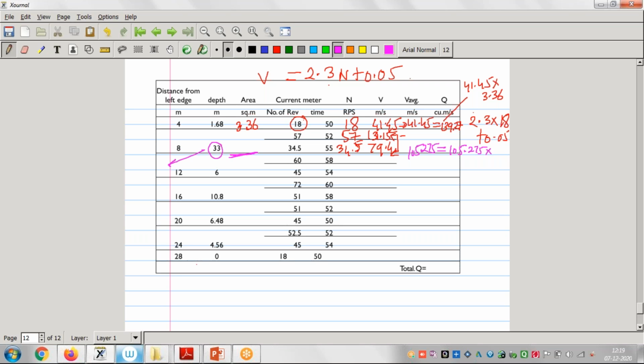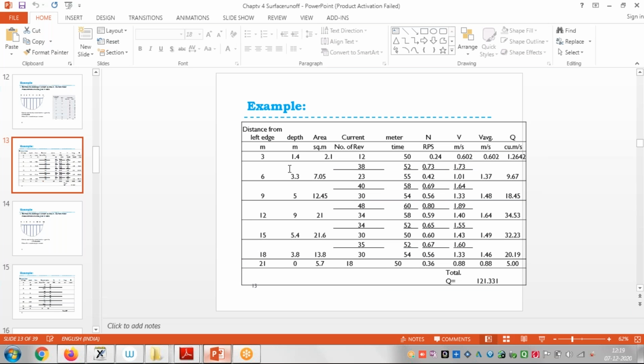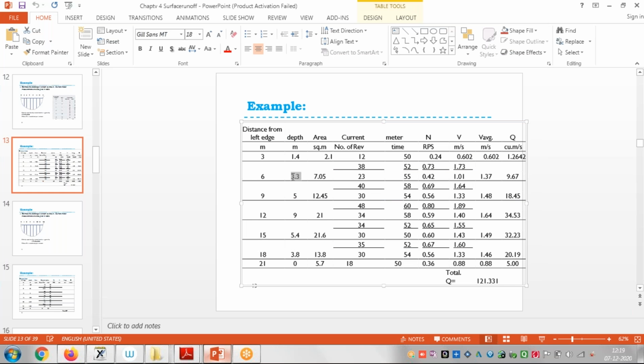We will take the average of these two depths, right? When you see here, all depth is given as 3.3. So 3.3 plus 1.4 divided by 2, multiplied by